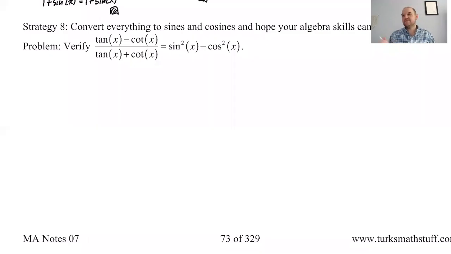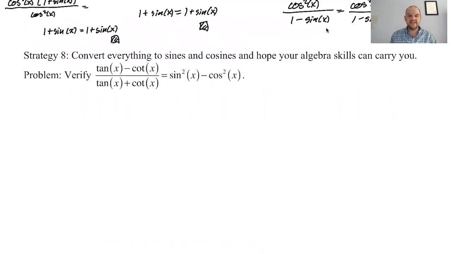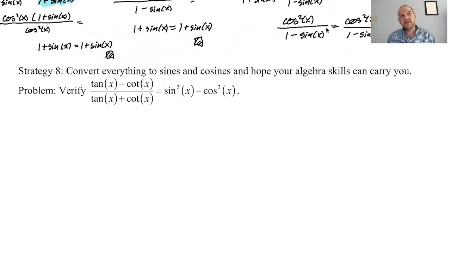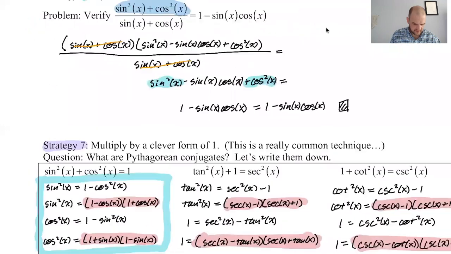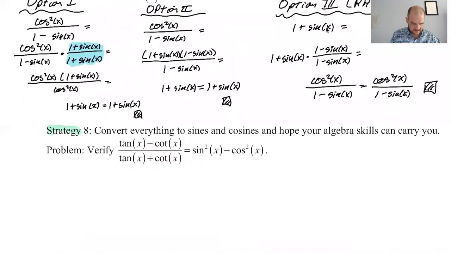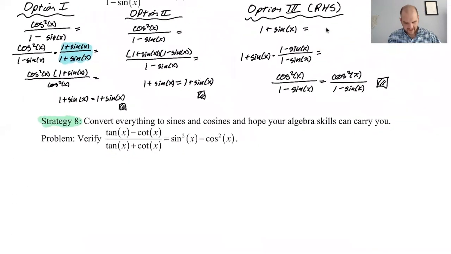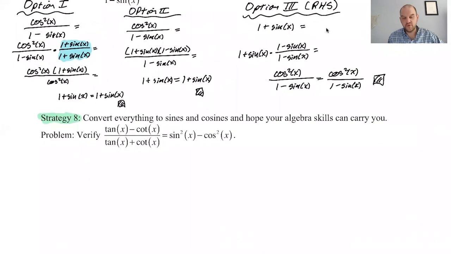All right, we're back. We're still on page 73 of math analysis, and we are moving on to a new strategy for verifying identities. It's kind of like my last ditch effort, really. Let's see, I think I didn't use this color yet on this bit. Yep, here we go. Strategy number 8 is convert everything to sines and cosines and hope your algebra skills can